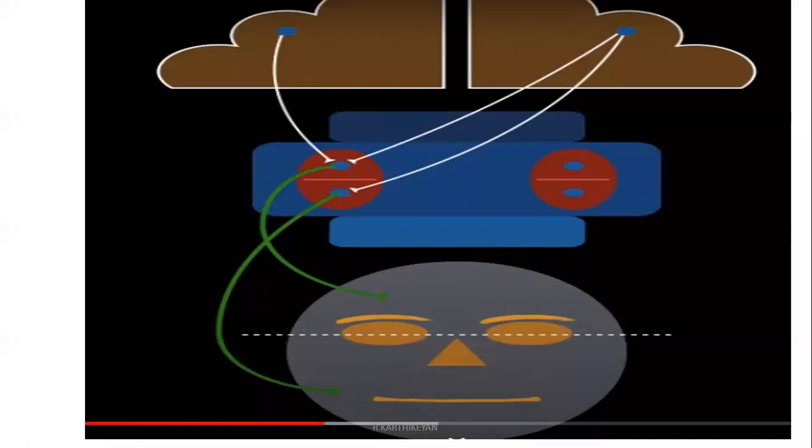So we have seen many new terms. We have seen what is contralateral and what is ipsilateral. Contralateral means from the opposite side. Ipsilateral means from the same side. Then we have seen what is an upper motor neuron lesion and what is a lower motor neuron lesion. Upper motor neuron lesion means above the nucleus, if a set of nerve fibers is damaged, it is called an upper motor neuron lesion. Below the nucleus, it is called lower motor neuron lesion.